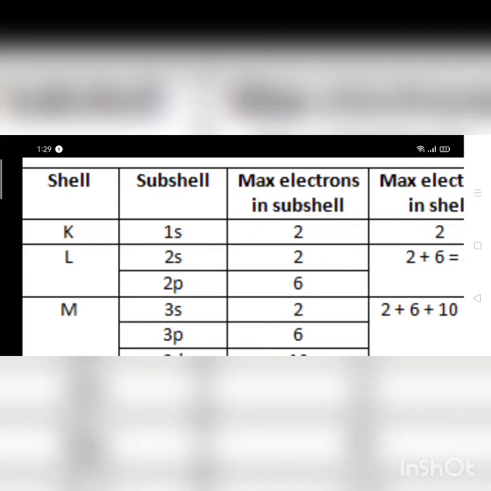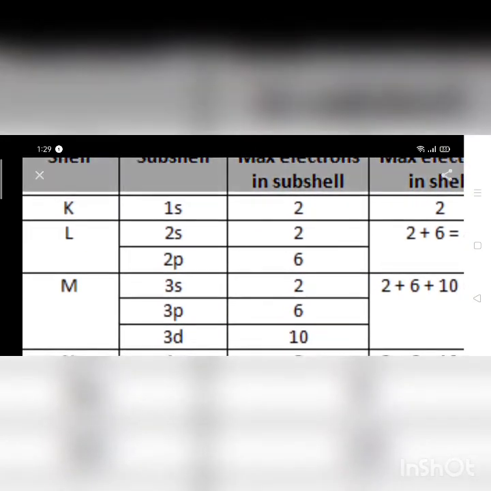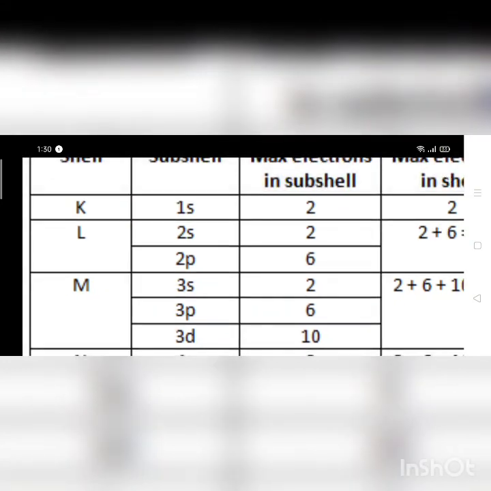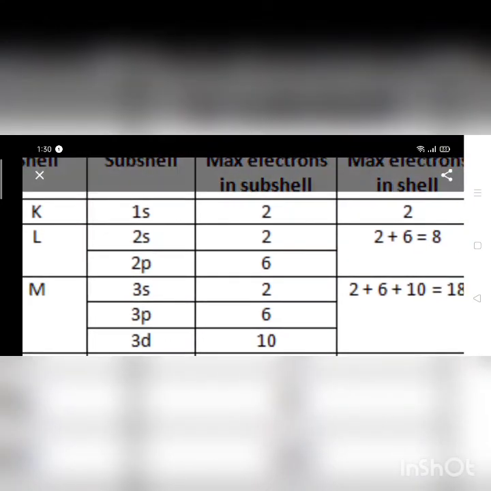So first of all, K shell has maximum 2 electrons, and when we place electrons in subshells, we will place them in S subshell because it has the lowest energy. So in K shell, 2 electrons reside in 1s, the first subshell, in the 1s orbital. And next, L shell. L shell contains maximum 8 electrons.